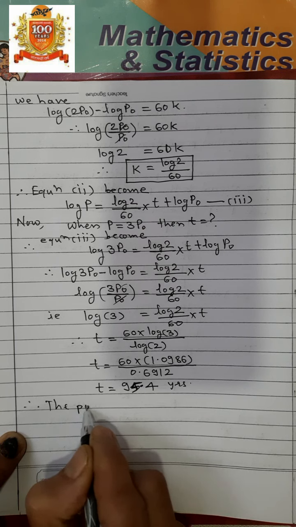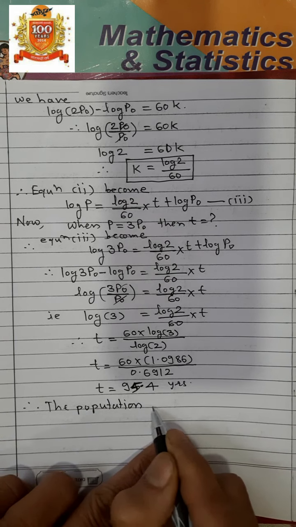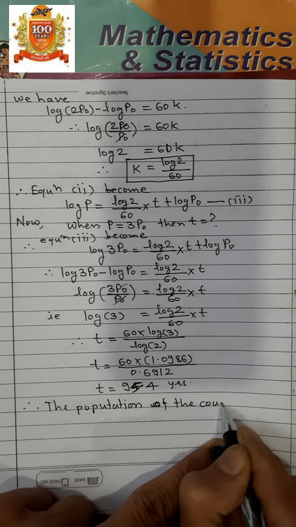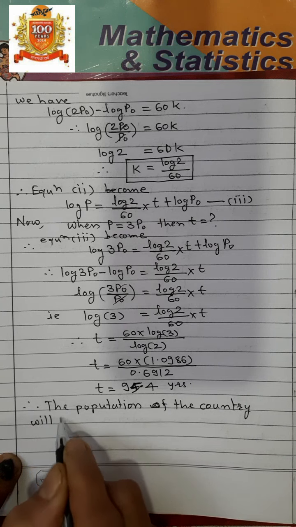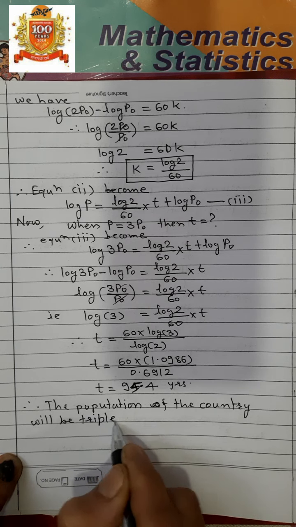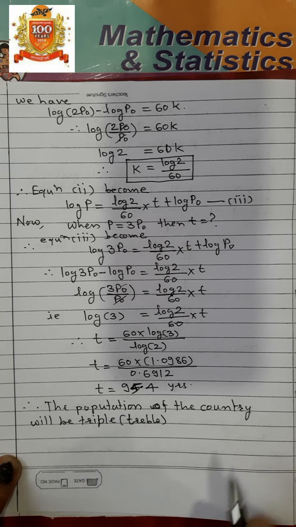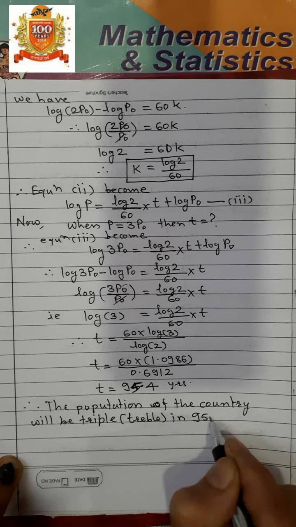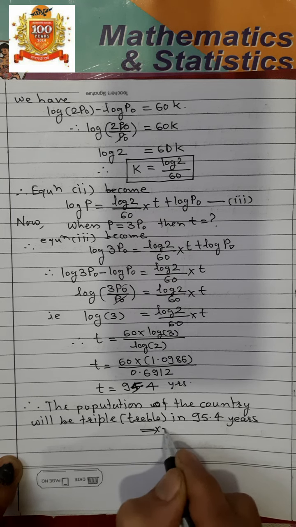Therefore, the population of the country will be triple or treble in 95.4 years. In this way, we can solve question number